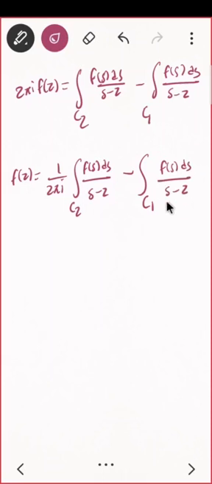Okay, now again let us use the same technique that we used earlier. I want to write 1 upon s minus z in terms of the geometric progression, correct? I would like to write it in terms of z by s. So you just take s common, so 1 upon s outside, and it will be 1 upon 1 minus z by s, same as you did in the Taylor expansion.